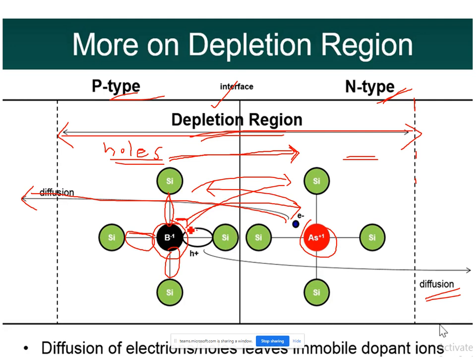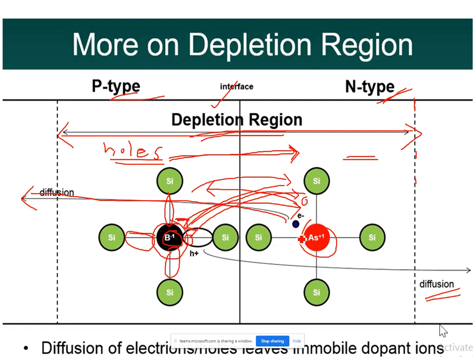Because it has accepted one electron, a negative charge develops across it, and as soon as the electron is accepted by the boron, it becomes an ion, and it is immobile. It doesn't move actually. So when we say that an electron has jumped from this side to near the boron, we can assume that the hole, the vacancy which was present here, has jumped to the place from where the electron has come.